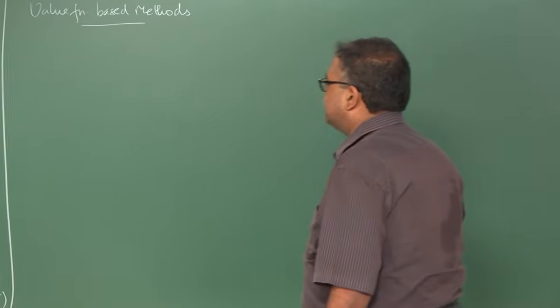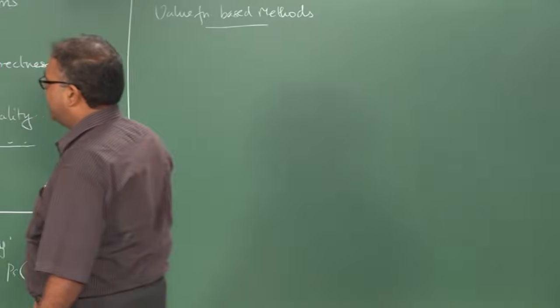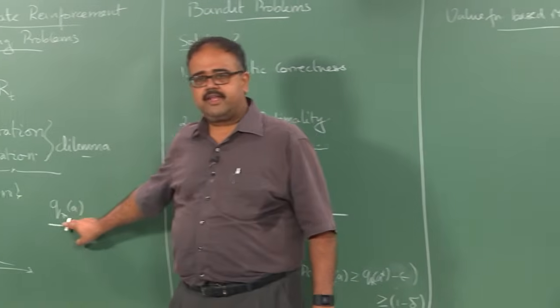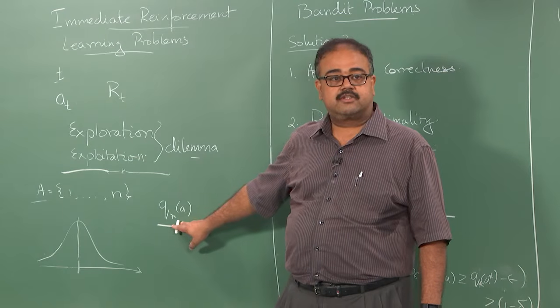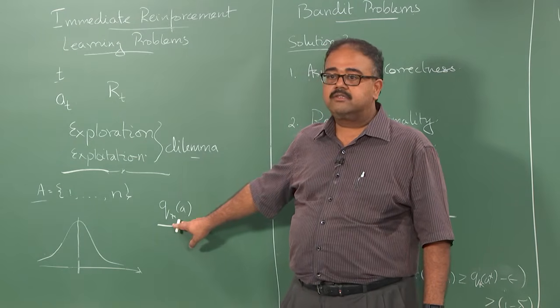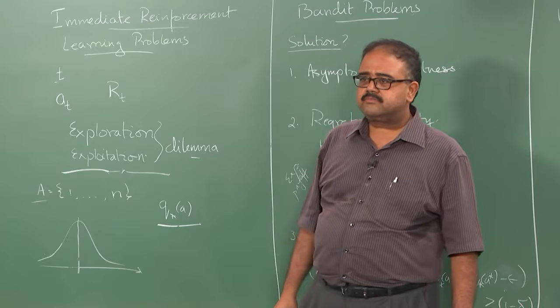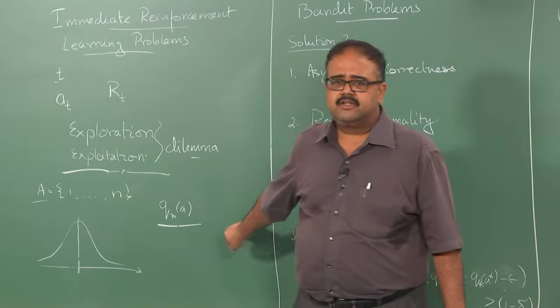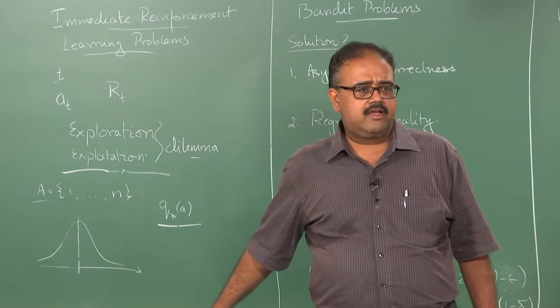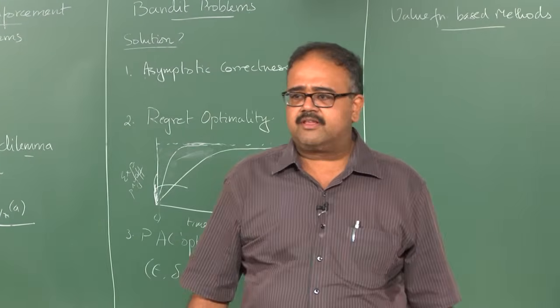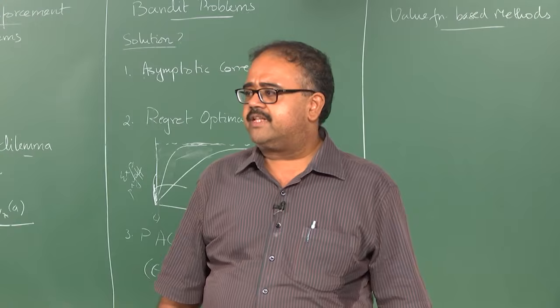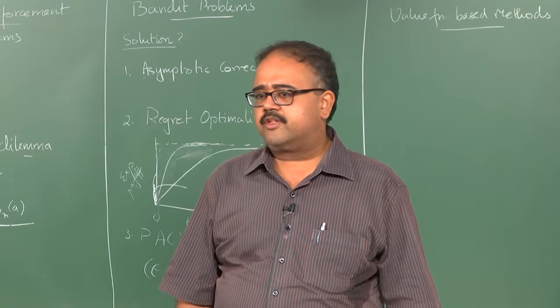These are approaches where I don't know the Q star, right, but I am going to try and form an estimate of the Q stars. So how can I do that? So what is Q star? The expected payoff, right? So I choose each action say 10 times, I can take the average of that, which gives me an estimate for Q star,